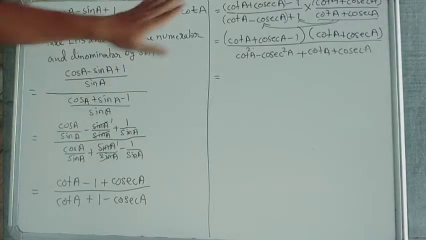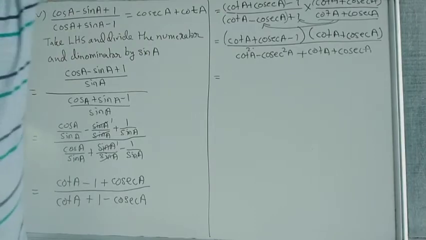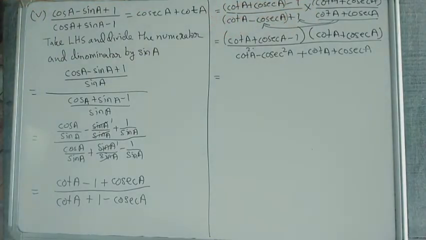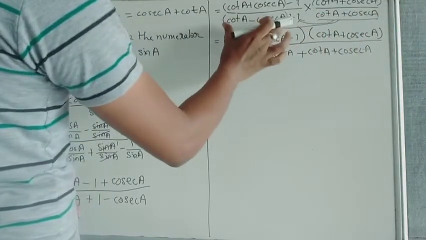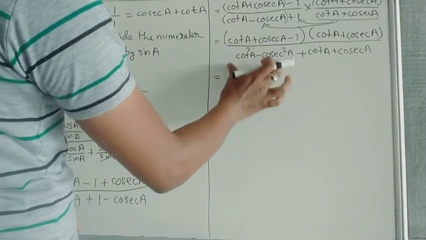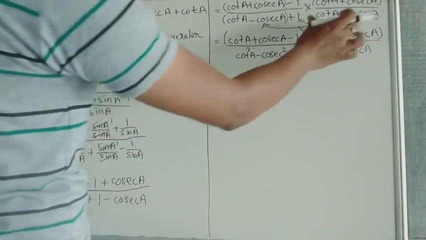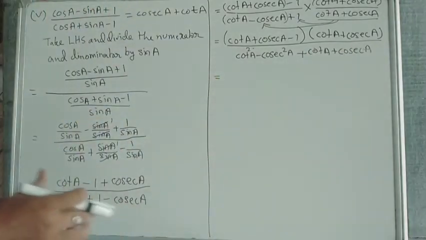Is it clear? This step is clear. Very, very complicated this one. Okay. The upper one we did not do anything, it just remains the same. The down one, what we did is multiply this whole part with this part. A plus B, A minus B becomes A square minus B square, and this one multiplied with 1 will simply come to this much.